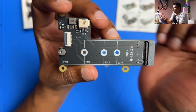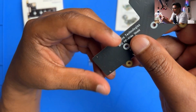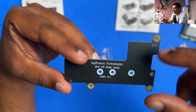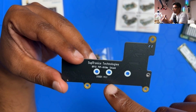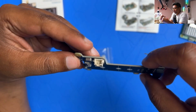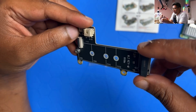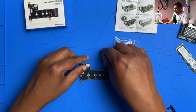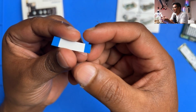Can see in here the board looks good. Supertronics Technologies RPI 5 PI NVMe Shield X1001 version 1.1, and looks good. This is the power supply 5 watt we were talking about. It's the cable thingy. I'm going to put this one back, and the next one we have the FFC cable, very tiny,